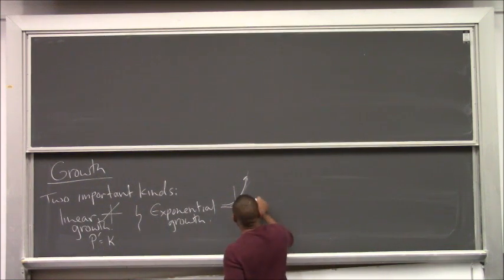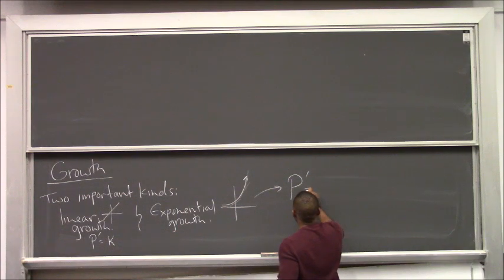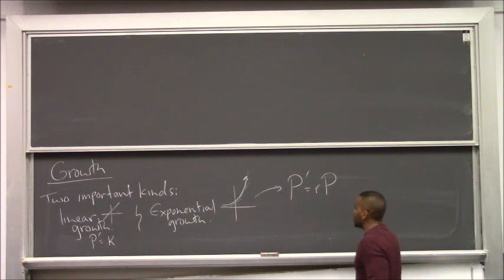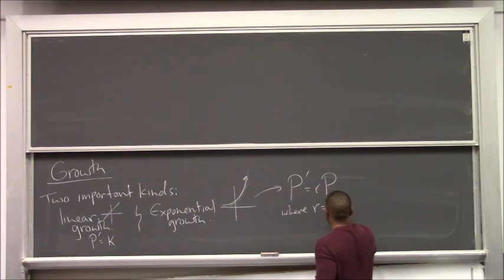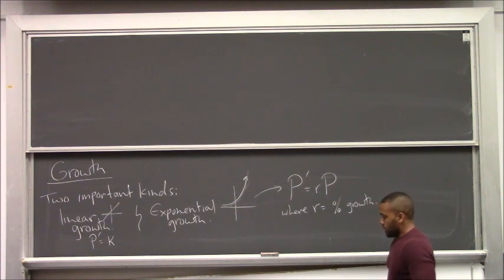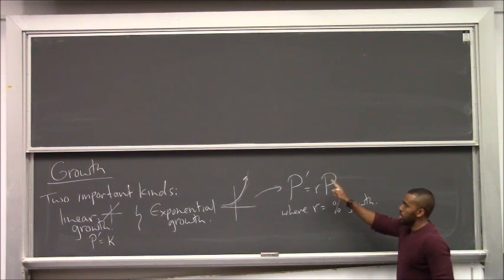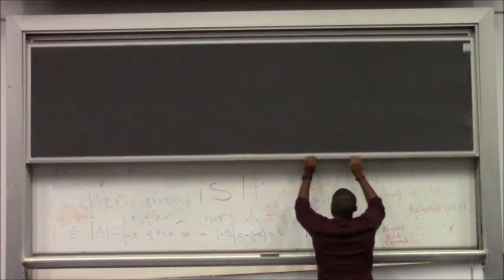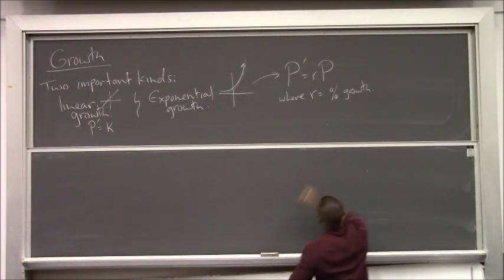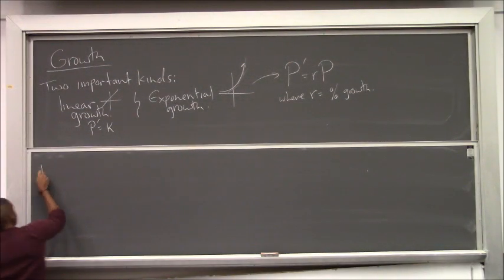And the way that we model exponential growth is P' equals RP, where R is the percentage growth. So you want to find out how fast the thing is growing, tell me what it currently is. I'm going to find a percentage of that, and that's going to give me the growth, the rate of growth of an exponential growth function. So that we pretty much took as a definition. So we pretty much define,